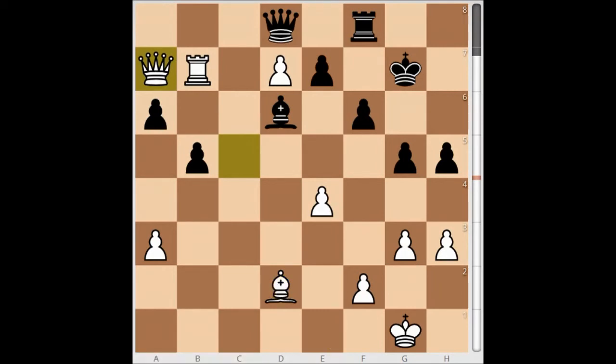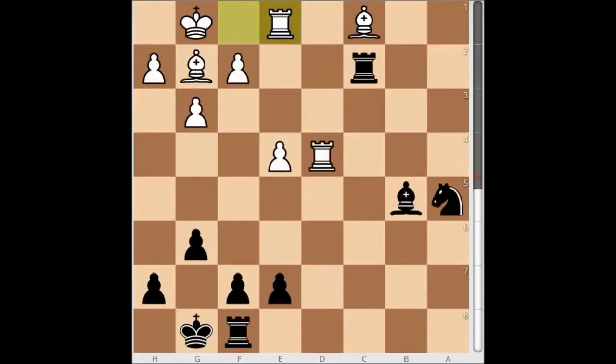Alright, on to the next one. This is the last of the permanent advantages, which is control of a rank. Just as in control of a file, a rank is the exact same idea. If you control the rank, you control all the squares along that rank, which would basically give you greater freedom of movement as well as points along the rank where you can penetrate into the opponent's position